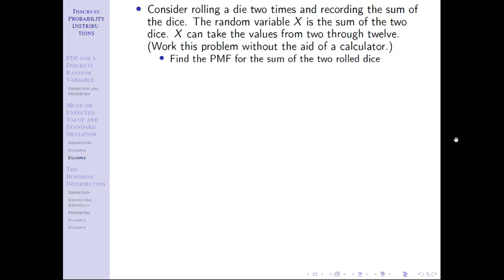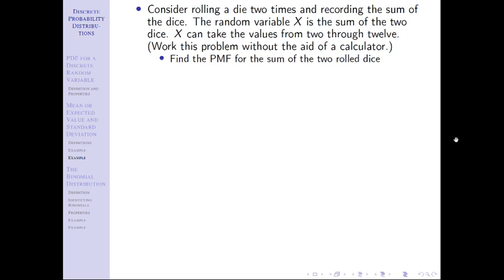Then I go to a 4. How many ways can I get a 4? Say we can get a 2, 2, 1, 3, 3, 1. You don't put 2, 2 twice because that's the same thing. If I get a 2 on the first one and a 2 on the second one, that's not different than a 2 on the first and a 2 on the second. Does that make sense? How that is the same thing, but a 3, 1 is different from a 1, 3. So there's 3 ways I can get a 4. And at some point, if you want to pause and work through the rest, you can.